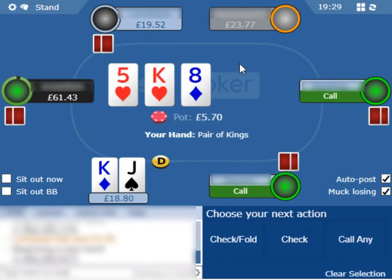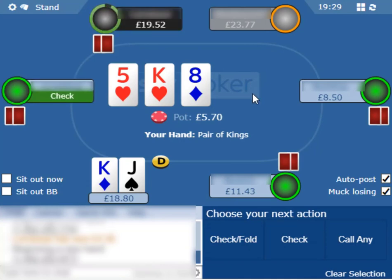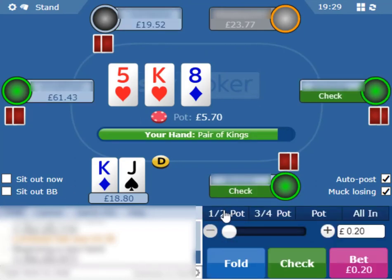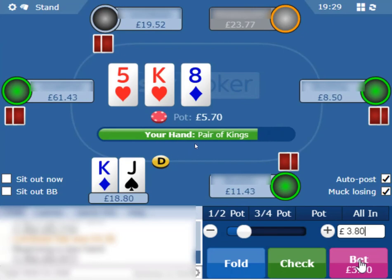In fact, everybody came along. So now we have a pretty unusual spot where we've got top pair, decent kicker in a very bloated pot multi-way. Let's have a look at what the stack sizes are. We got pretty deep with this dude, and against these two, I guess we'd be willing to just